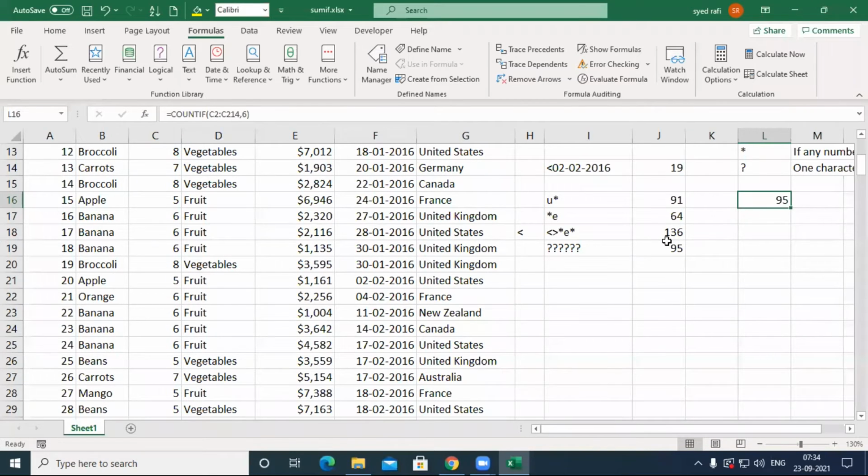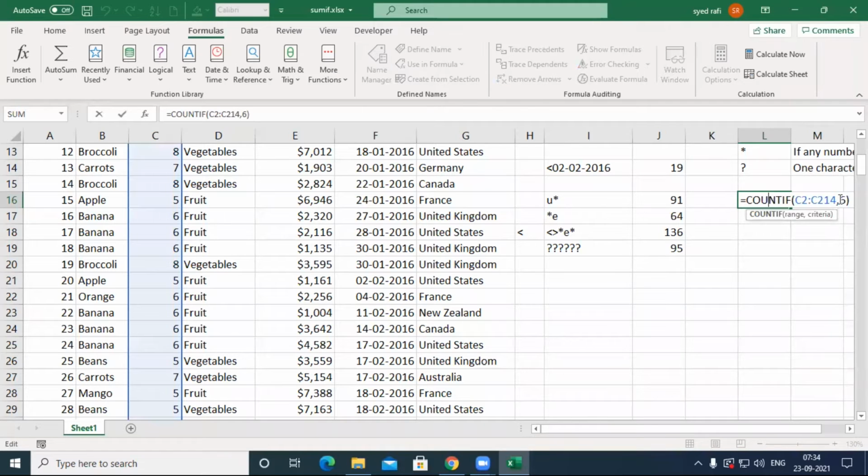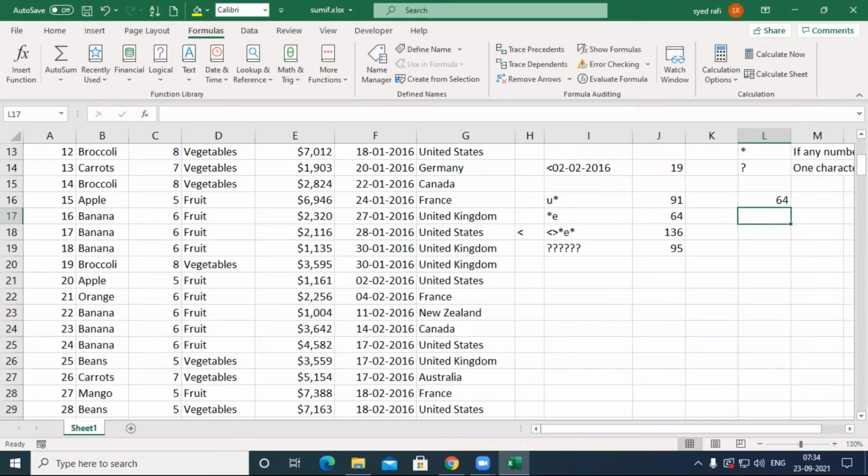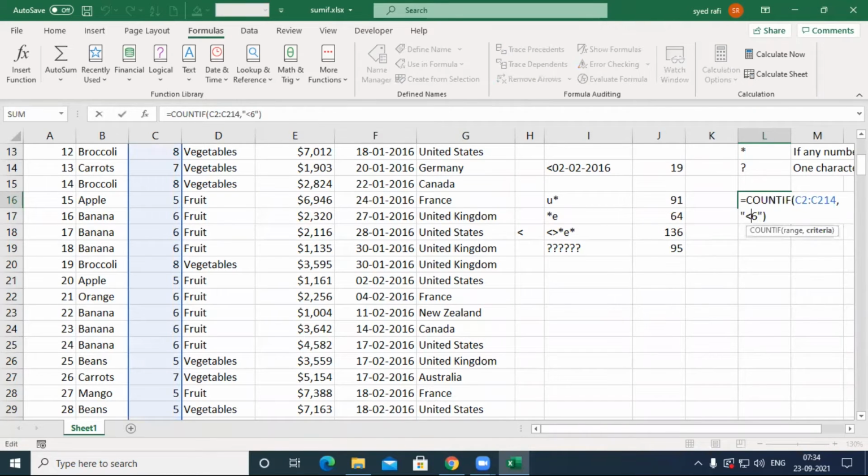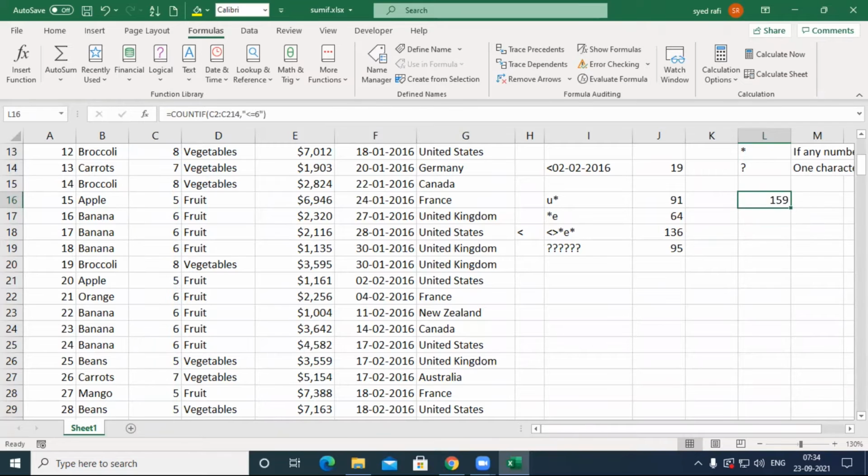So the same value is reflected. I can't say less than 6. If I place a less than 6, what happened? I mean equal to less than 6. What happened? 159 products are there which contain a name of less than 6 characters.